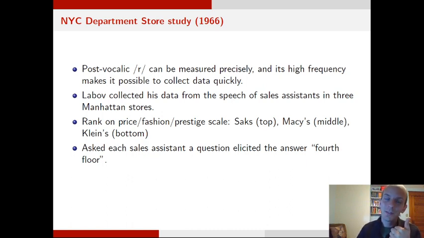4th floor, right? It's cleverly done. Yeah, it's very clever. It's also very legal currently, because what he wasn't telling these sales associates as he was talking to them is that he was secretly recording them. He had like a little voice recorder on him, and he just didn't tell